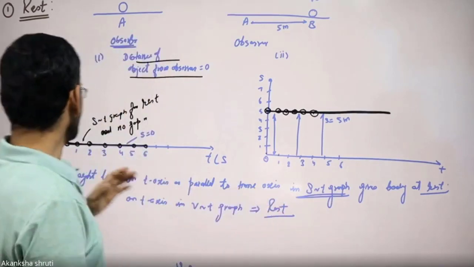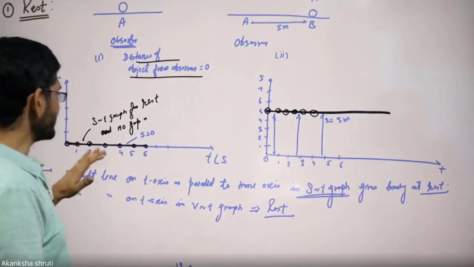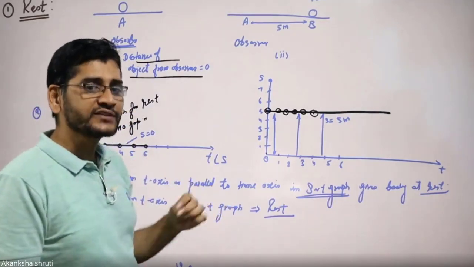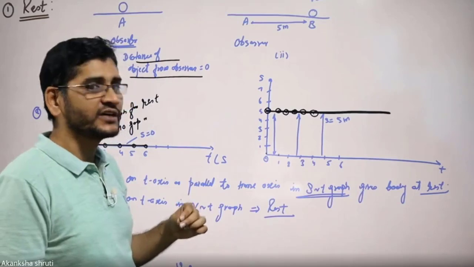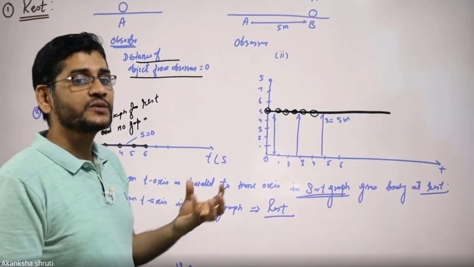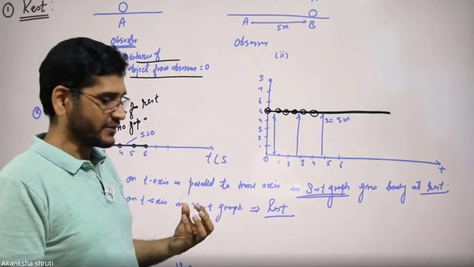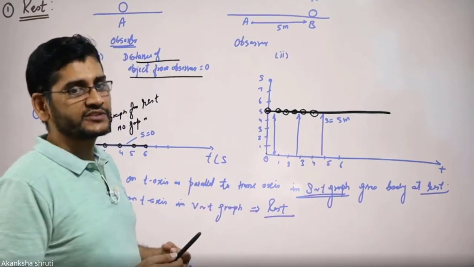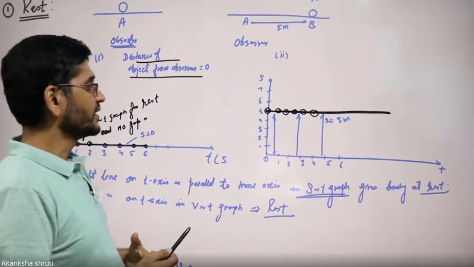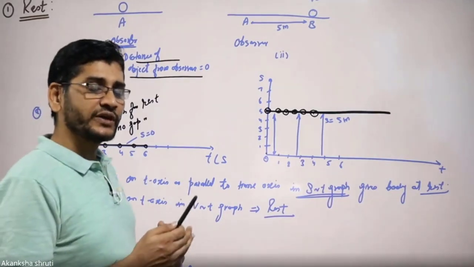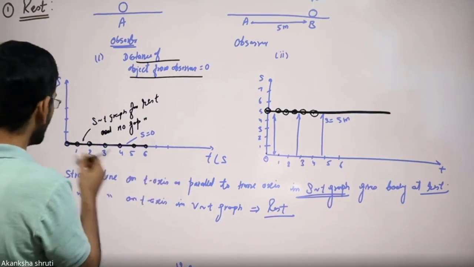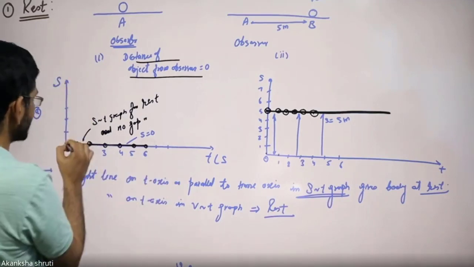So if the observer itself is at the point where the body is lying, like you are the observer and you want to watch the rest of a car or a ball. So the ball is the body and you are the observer, and the ball is quite close to you, then you will say the distance of that ball from you is almost 0, and it always remains 0 even as time passes. So it is this representation. With increasing time, the distance which is on the vertical axis remains 0.